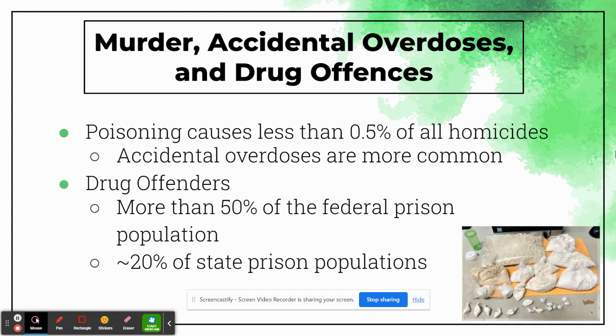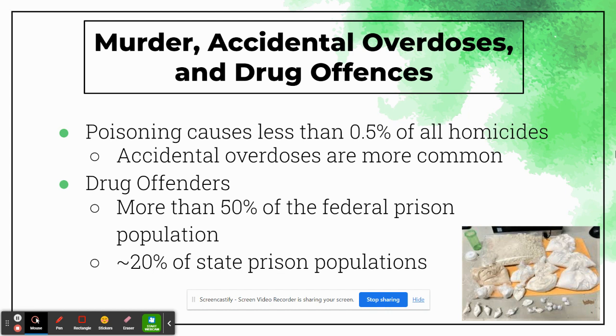So, in terms of drug offenses, poisonings themselves just don't really happen anymore. The reason being is because we are so advanced in toxicology, it's very easy for us to tell whether or not someone has been poisoned by something. So, for most people who are trying to get away with murder, poisoning is not a great choice because it's always going to leave something behind that we will be able to find. In fact, it's much more common that overdoses are occurring in comparison to poisonings, which technically an overdose is a poisoning. You've taken too much of something. But these are much more common. We see these happening a lot more.